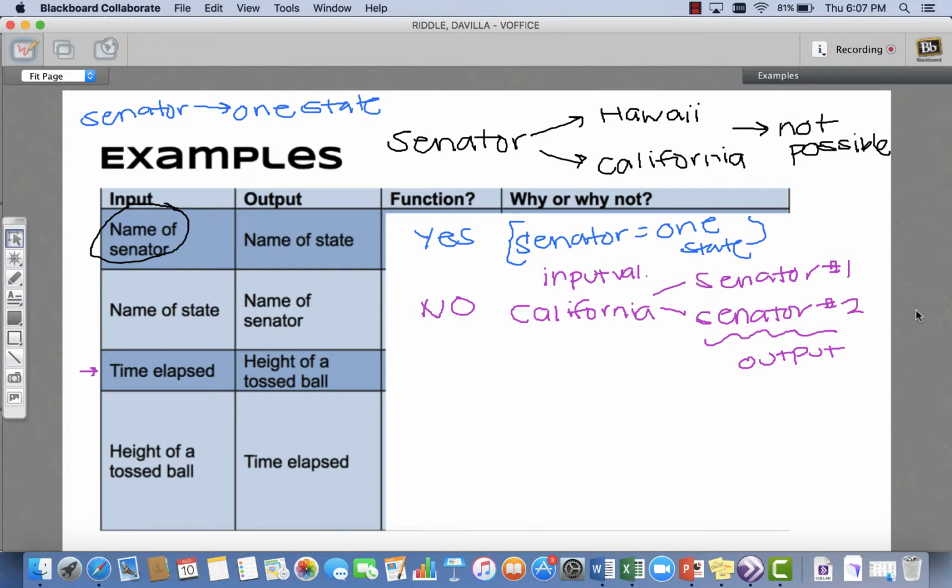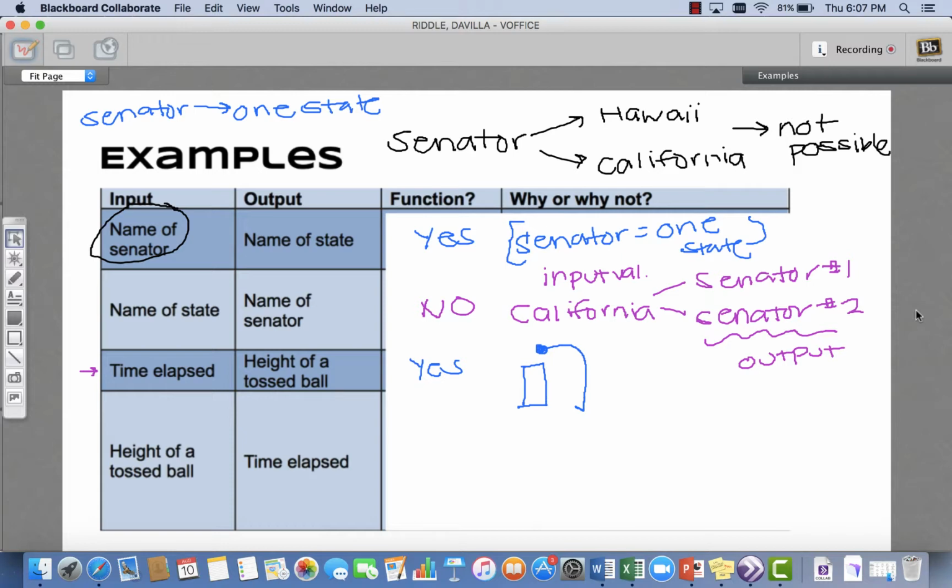Okay, very close again. So this is actually a yes. And the reason why, I will draw this out for you because I'm a visual person myself. So I like seeing things drawn. So let's say Kyle is on top of a building, right? And you have a ball right here. And when you toss it down,